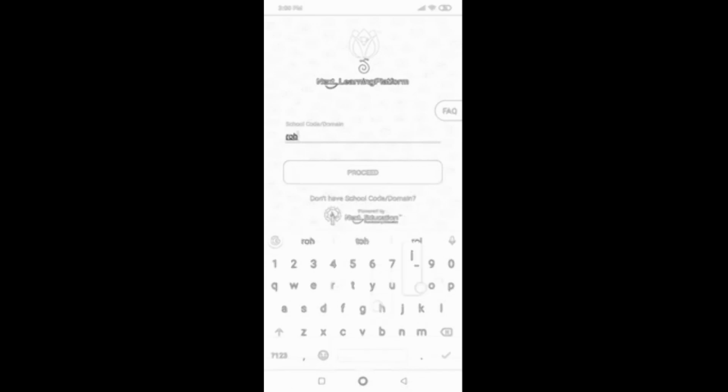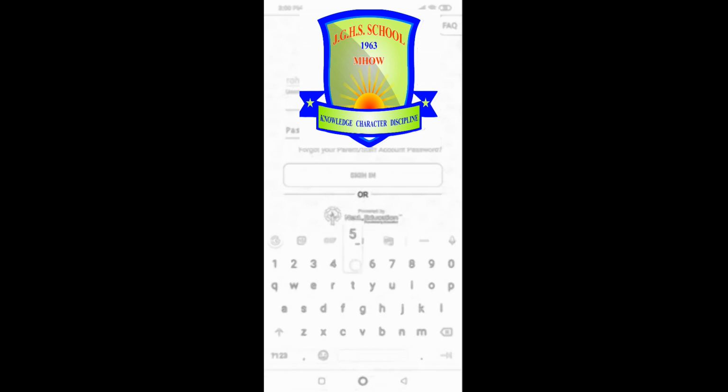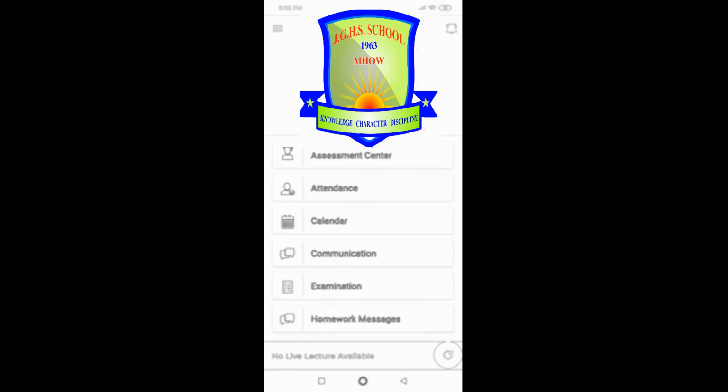Again I'm going to enter the school code. After that, the username of your student. The username should be your admission number or student ID, or whatever the school provides to you. Many times it is the admission number or a student ID. That will be the username, and the password is the one I created right now for my child, 1 2 3 4. See, the username and the password are fine. Now I click on sign in. After that click on yes, so we're able to receive notifications.